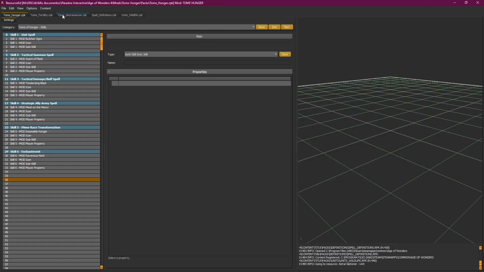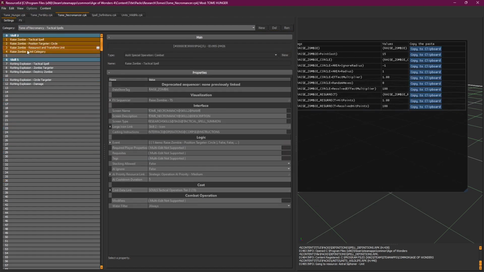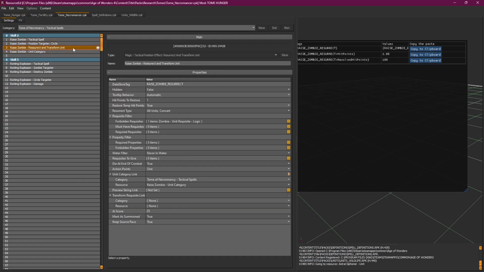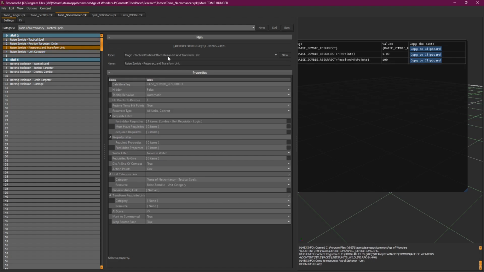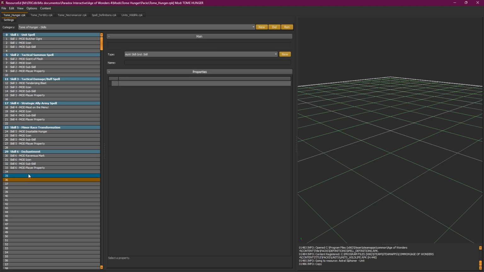So yeah, let's go and grab and use this one. I want to see what happens when we use this resurrect and transform unit. It's very fun. In game design, as long as the player gets to see what you want them to see, it doesn't really matter what we use behind the scenes. And if it works for us and it's simple enough, then we simply can use that. As we can see, we don't have yet